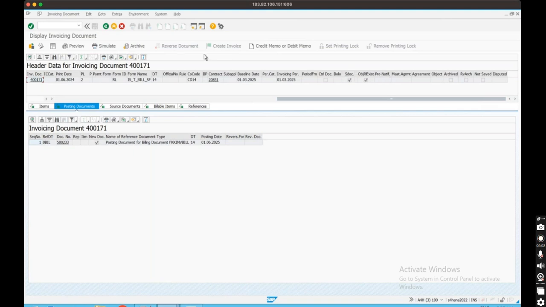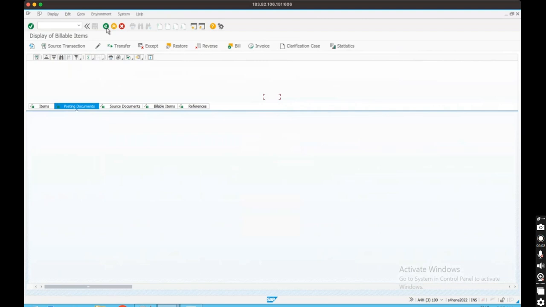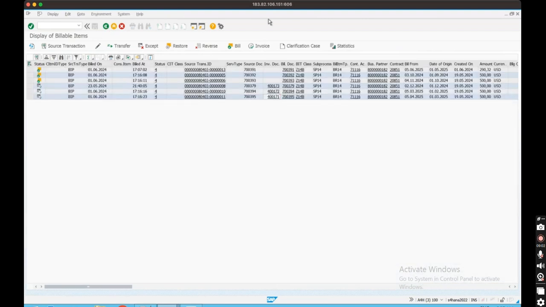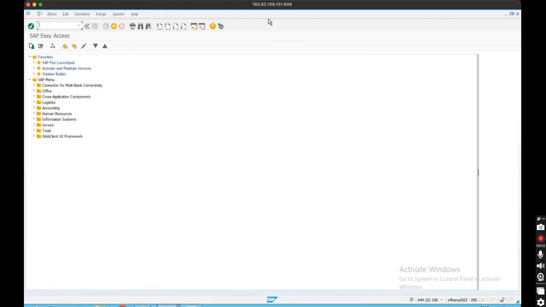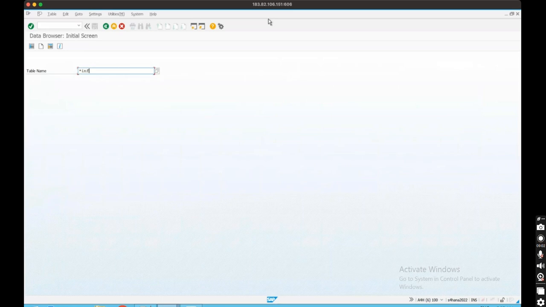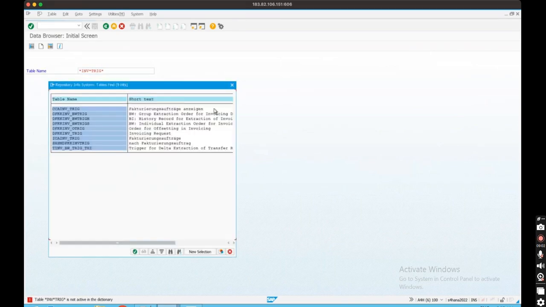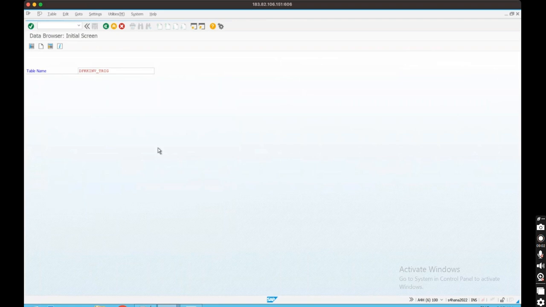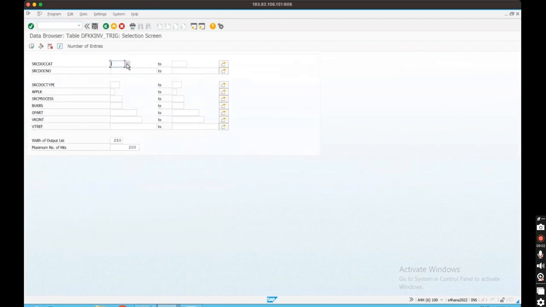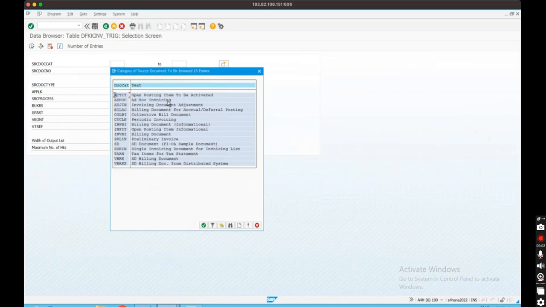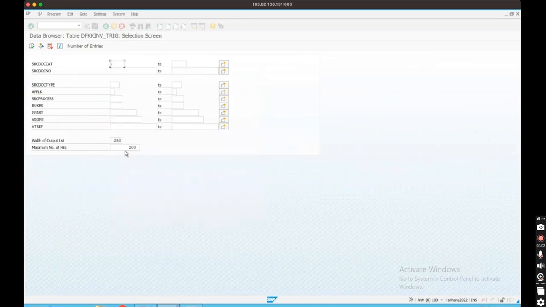Now let's go and do the fourth one, and I select there is one table. Okay, if you go to Control N, SE16, star INV star TRIG. Okay, it executes. DFKKINVTRIG. Okay, invoice request. Okay, go to this table, and our source document category is Subin. Okay, see, Subin is